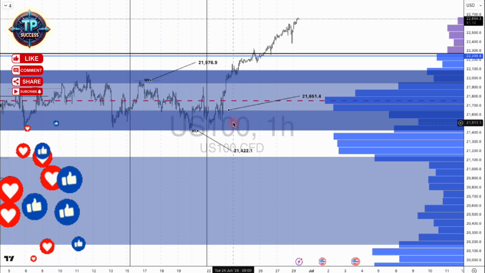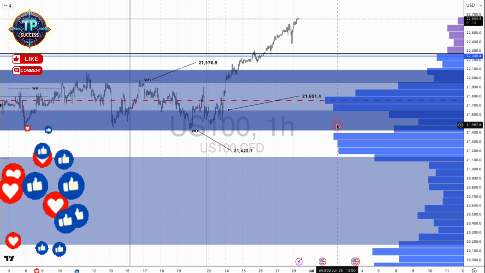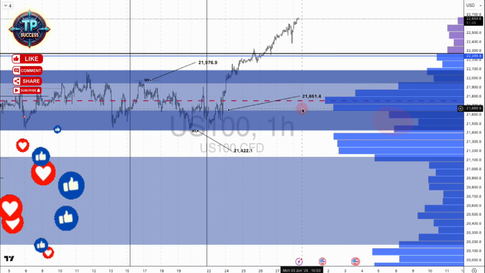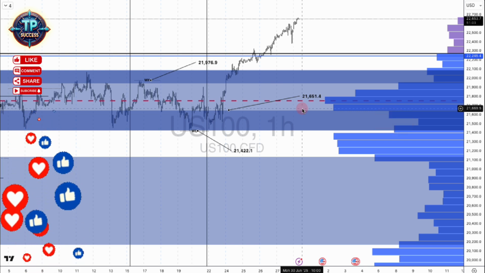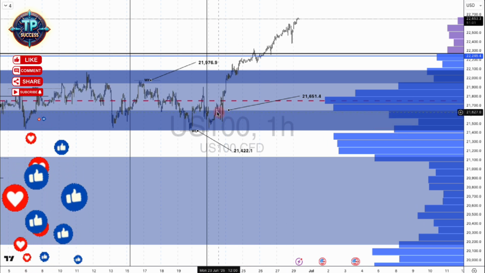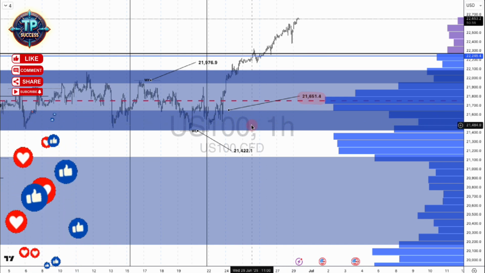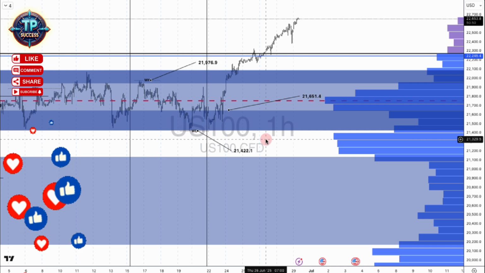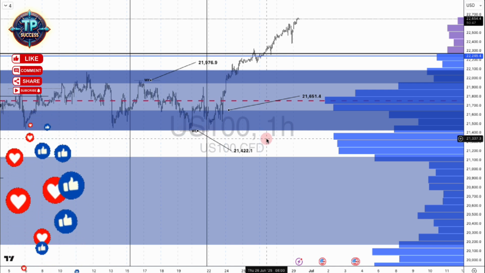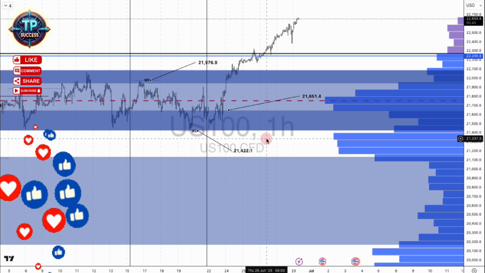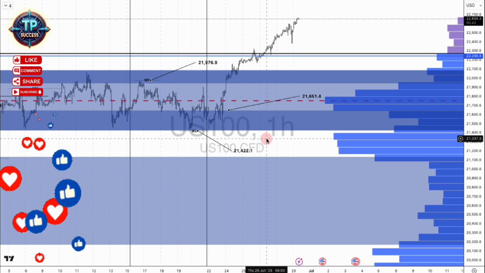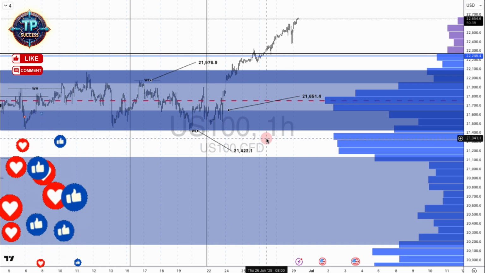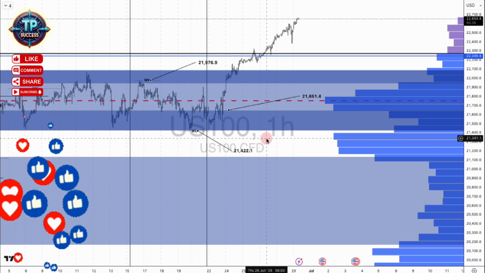And then we had the close above this low value node area right here, and that was 21,651.4. So if this level was taken out, I was looking for buys, and if the other level was taken out, I'd be looking for sales. Obviously, both these decisions come with their risk assigned to them. It doesn't necessarily mean that just because that level is taken out, price is going to go a certain way,